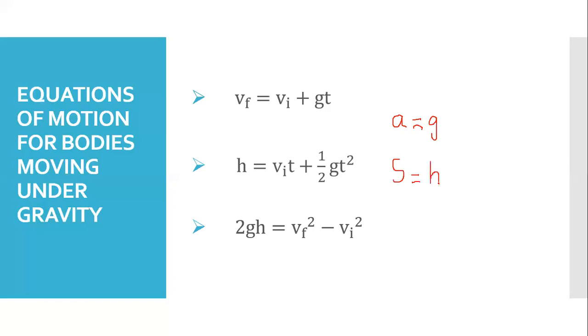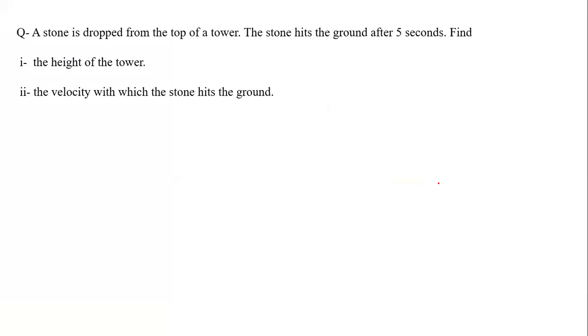Okay, so this is the equations of motion for bodies moving under gravity. Now we will do some numerical questions. The question is: a stone is dropped from the top of a tower. The stone hits the ground after 5 seconds. Find, number one, the height of the tower, and number two, the velocity with which the stone